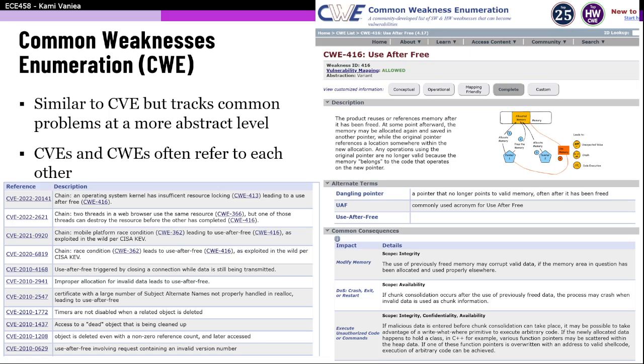Buffer overflow is most definitely on this list. Buffer overread is on this list. I will talk in a minute about something called use after free, which is on this list. These are all just common mistake patterns that we see. I could probably do an entire course on secure programming doing nothing but going through the common weaknesses. The difference between common weaknesses and common vulnerabilities is common vulnerabilities are a specific attack in a specific piece of software. Common weaknesses are general problems that we see in many pieces of software. It is very common for a common vulnerability to cite a common weakness, and the other way around.